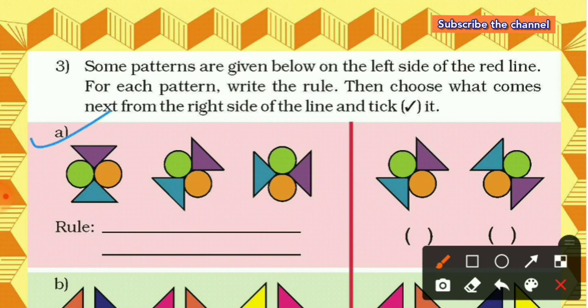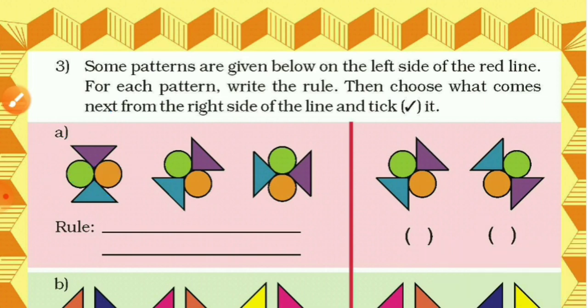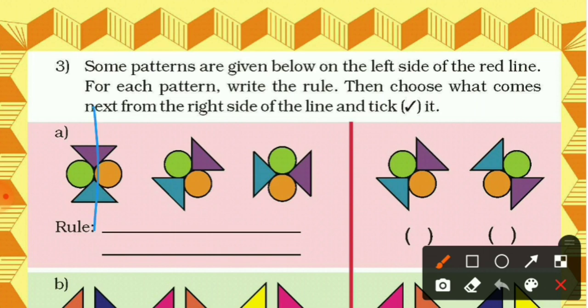Here we have question A and the pictures are here. Three pictures are here. In the first picture, two triangles are here and two circles. The first circle is green and the second is orange. In the next turn we can see the second picture, and we have to find how many turns it takes. To understand this, what do we have to do? First we have to divide this picture. Just try to divide it for understanding how many turns it takes. We can see that the picture is not taking its 1/4 turn, because in a 1/4 turn what will happen? This upper box will come, meaning this third picture would be its 1/4 turn, but this is not.